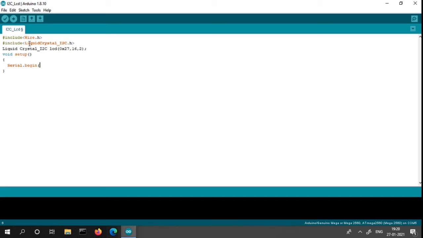Okay, you can see. Now I am going to provide the serial printing frequency. For the serial printing, here I provide the frequency as 9600. Then I initialize the LCD with lcd.init.